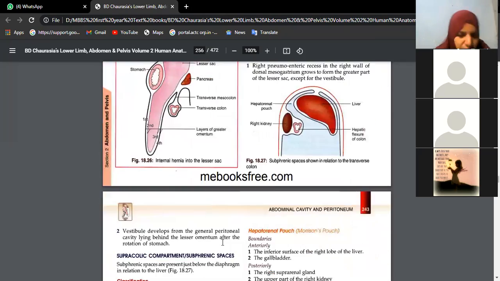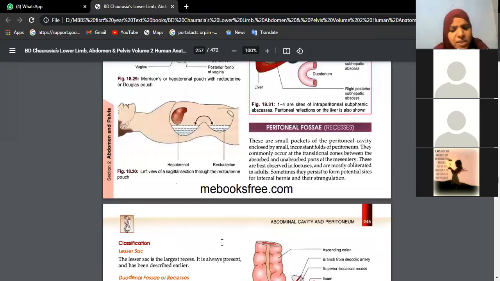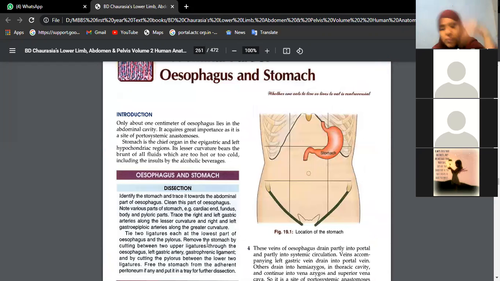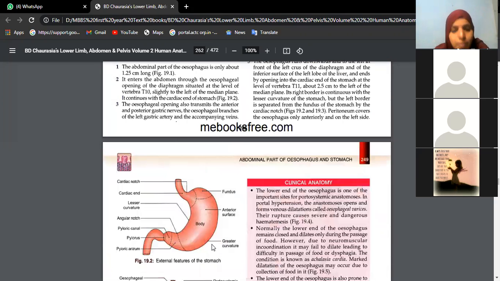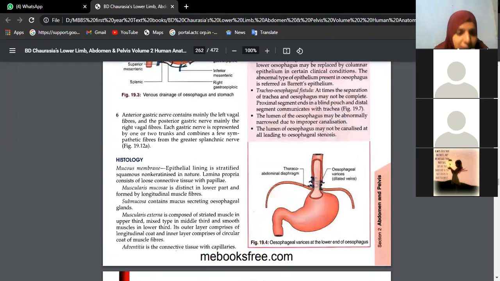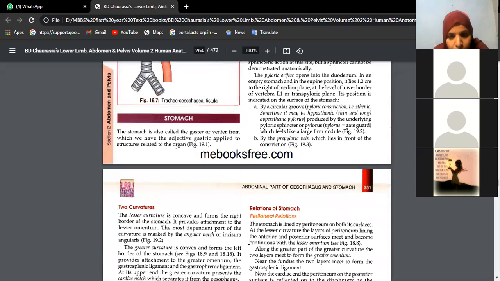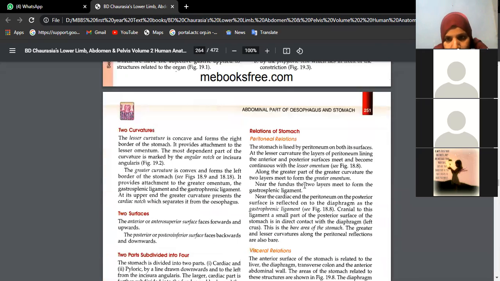That's what generally the gross features should be asked, but instead of that, the question has been asked like, what is the question? He said ligaments of stomach. So when the word ligaments of stomach is used, you have to elaborate on greater curvature, greater omentum, lesser curvature, lesser omentum, and their thickenings, that is ligaments. Okay, beta? Peritoneal relations, lesser omentum, greater omentum. And there is a connection between the stomach and diaphragm also. You call it gastrophrenic ligament.